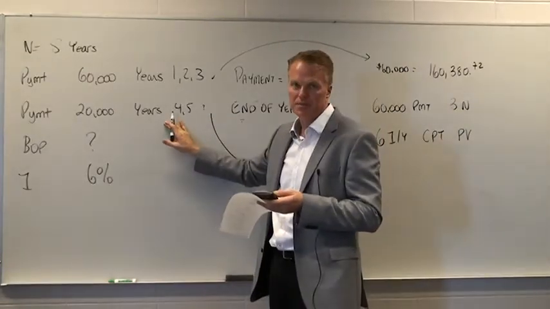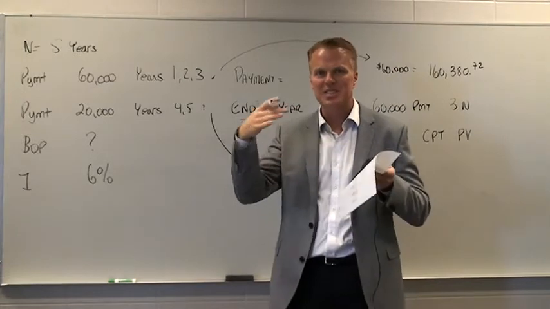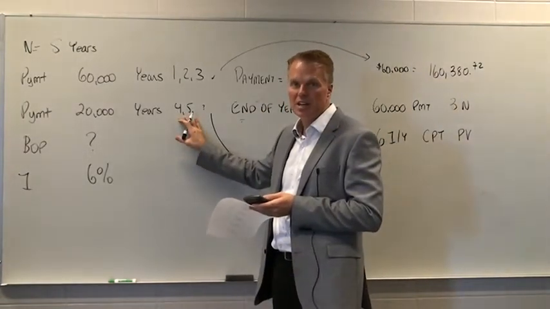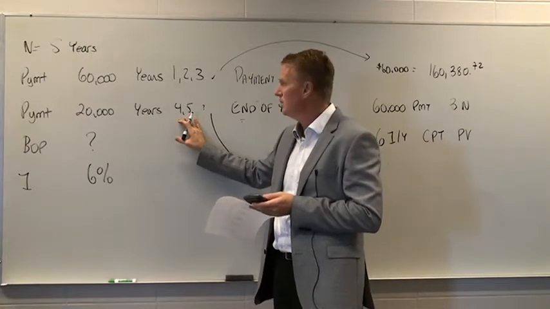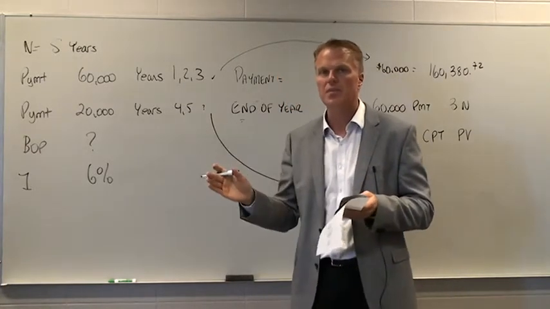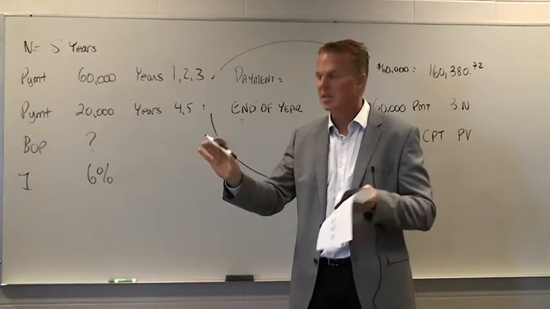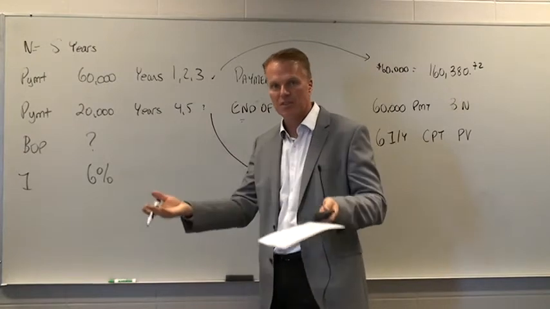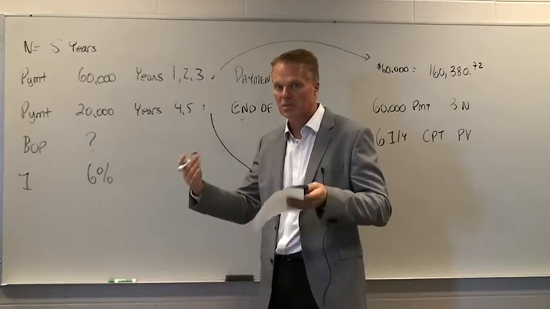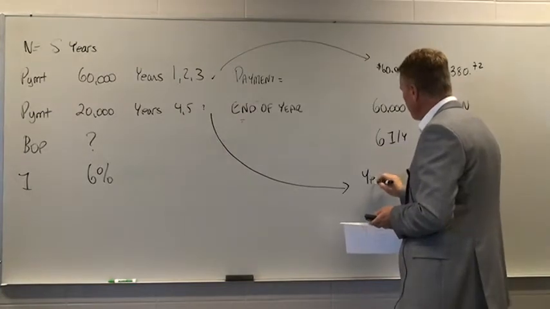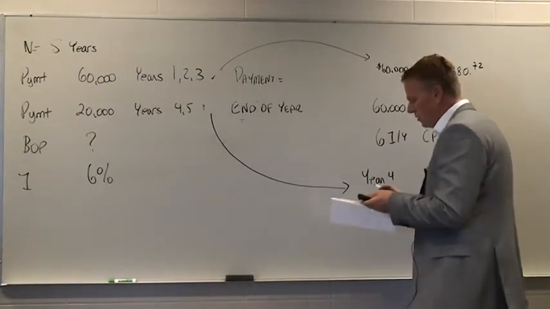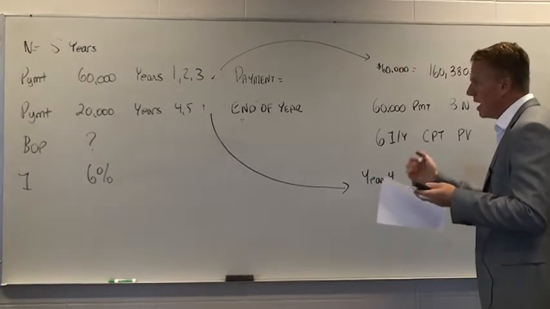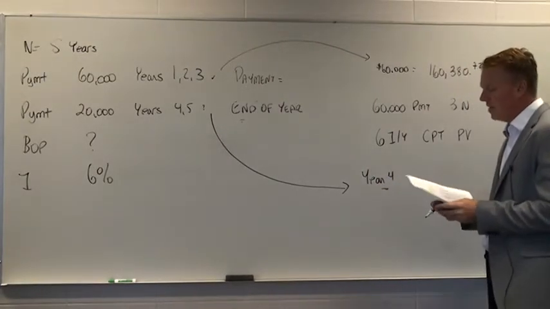Now let's look at our second payment. This is the secret. This is an annuity, but it's an annuity that doesn't occur from 0. It's an annuity that's occurring later on. So let's not do it as an annuity. Let's just do it as 2 separate ones. Let's calculate the 4. Let's calculate the 5. Add it together and get our value. So I'm going to do year 4. So I'm going to say, all right, imagine I was going to pay this at the end in